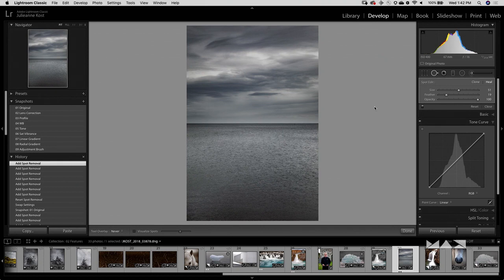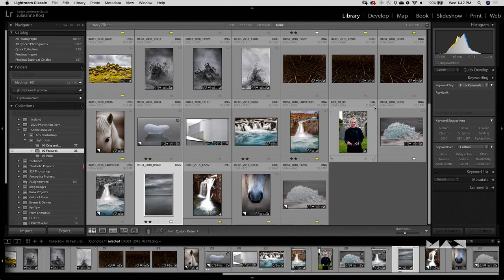And then just one last thing before we wrap up, because it's 1:42 and I only have 3 minutes. I'm going to show you 5 quick things. We're going to go to the Develop module, to the grid view. So just so you know,